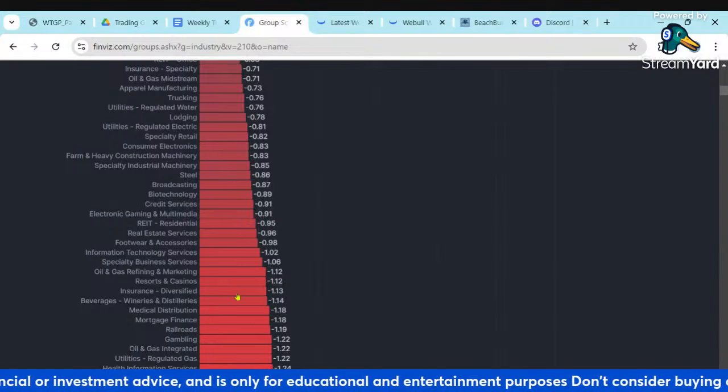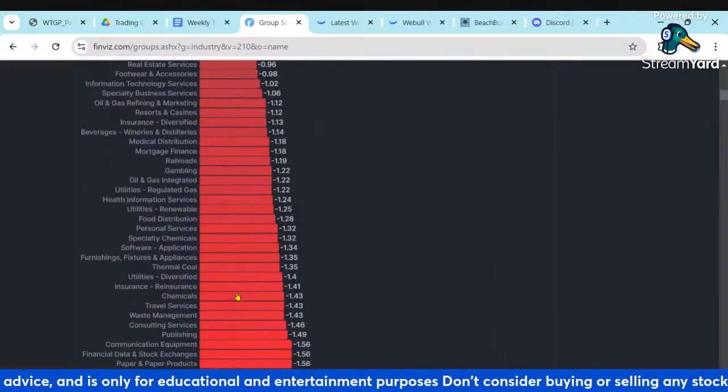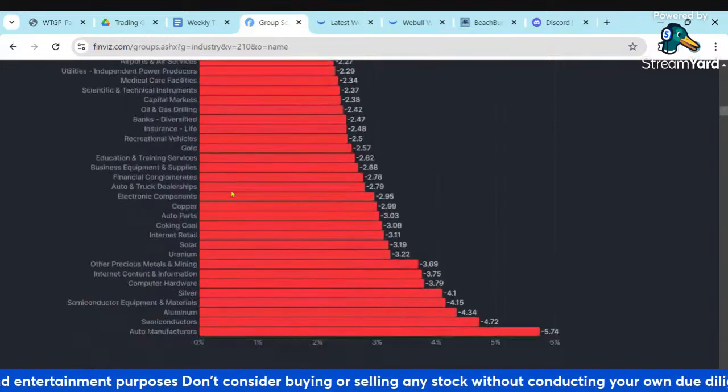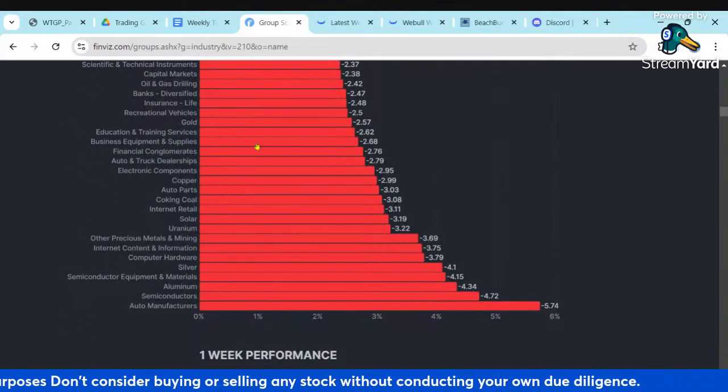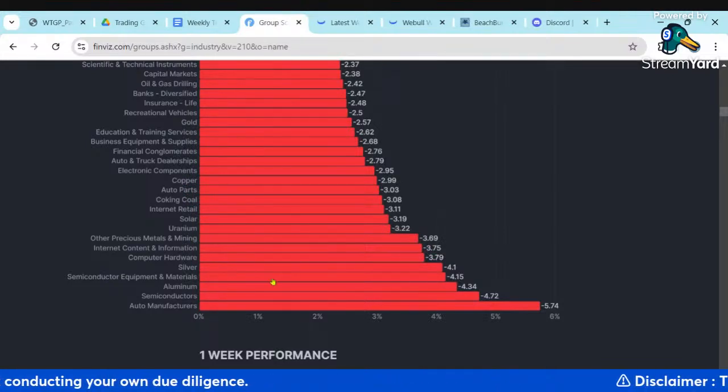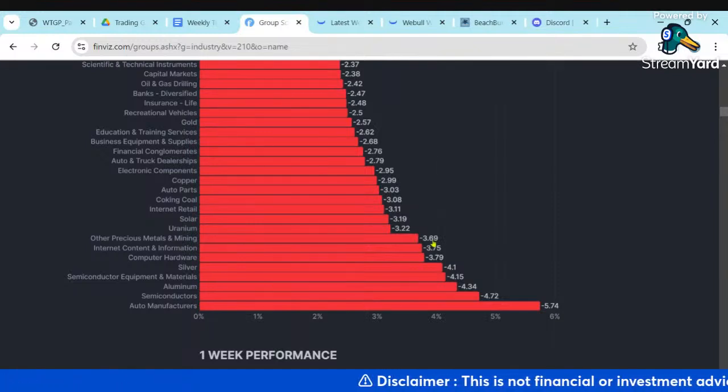Steel negative, we'll talk about that at some point. So again, heavily red. Oil and gas negative. Gold is pretty negative on Friday. Uranium negative on Friday. Again, we'll talk about that as well tomorrow, but I think uranium got pushed down with